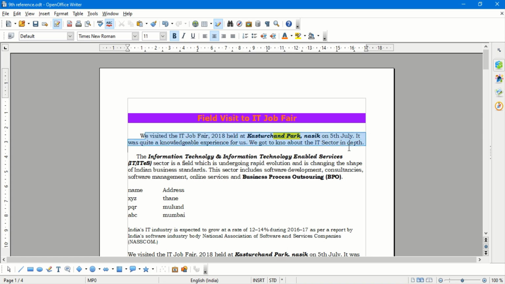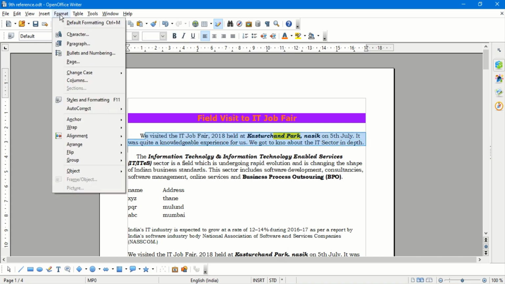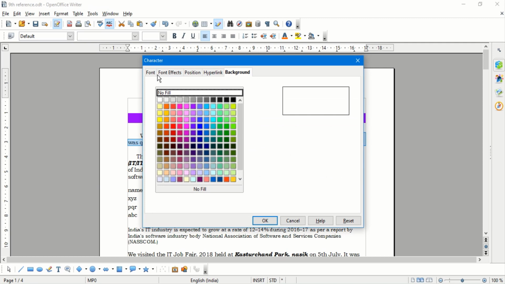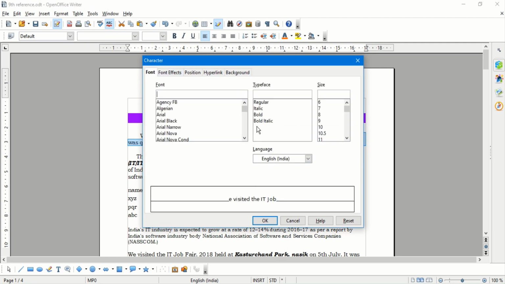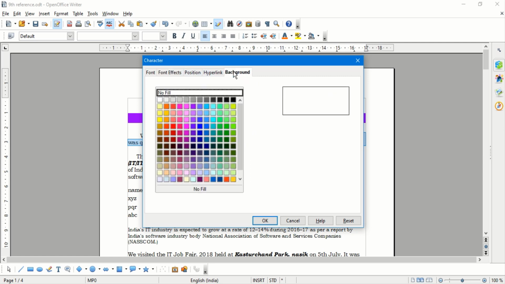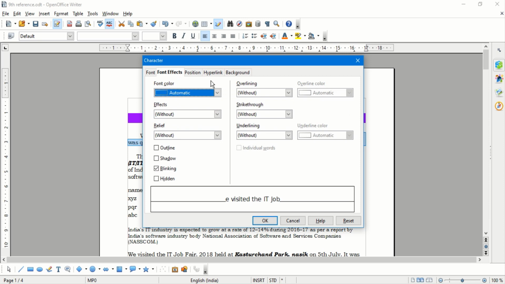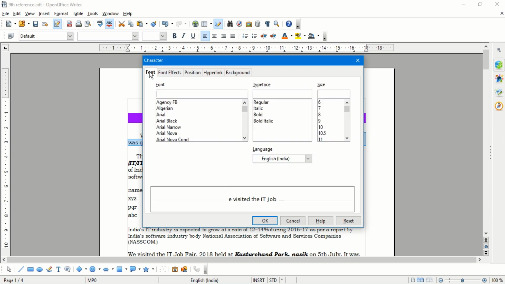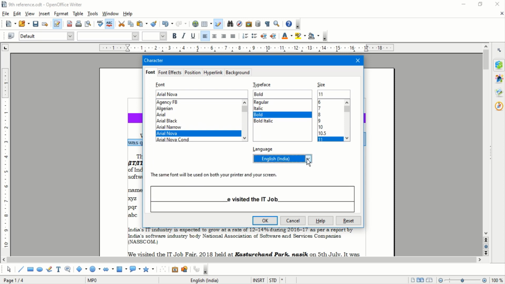Now these very same formatting options will also be available to us under the Format Character option, and here we have the font, again all the different types, bold, italic, underline, the font sizes, etc. Then the font effects, here we can have certain effects like outline, shadow, blinking, etc., which are some additional font effects. Then the background colors, we can get it from here. So these are the font effects which we can do from this dialog box also.